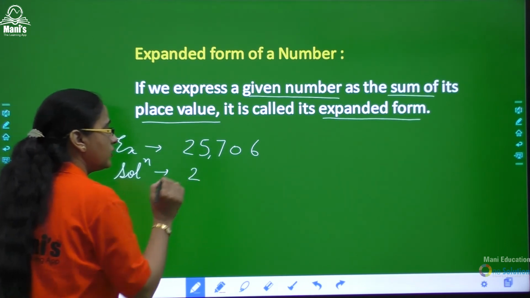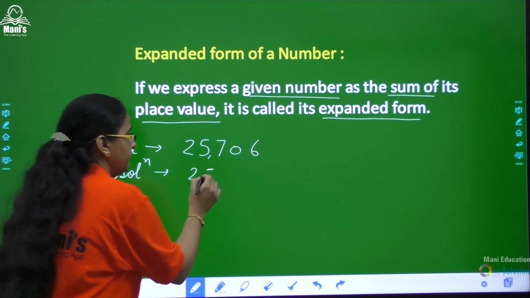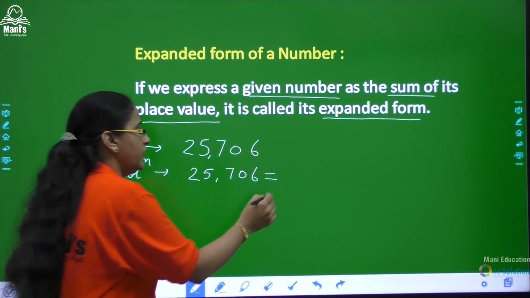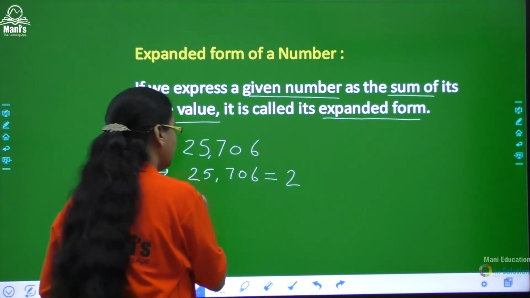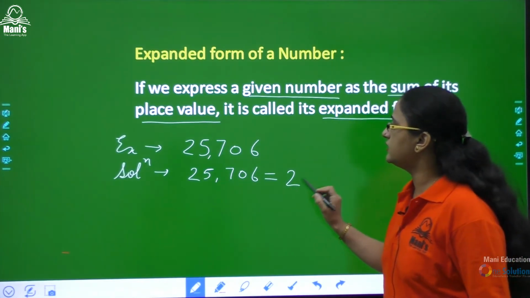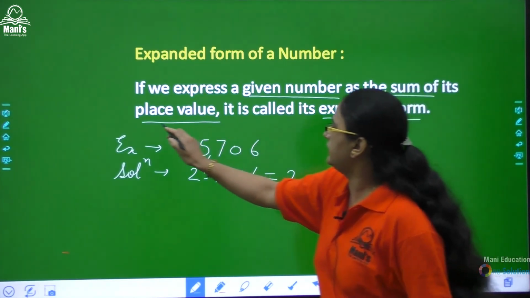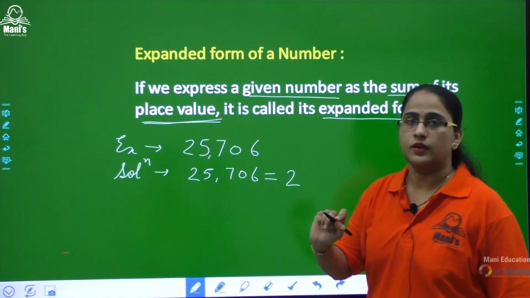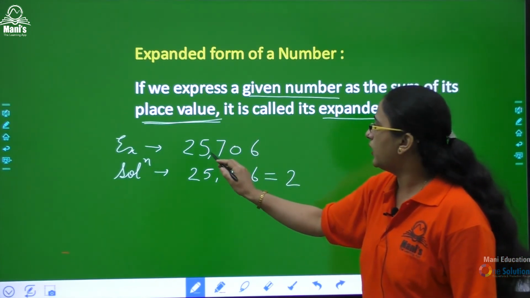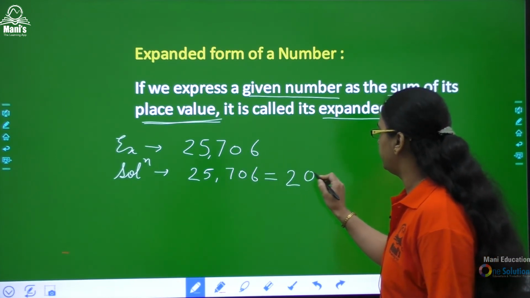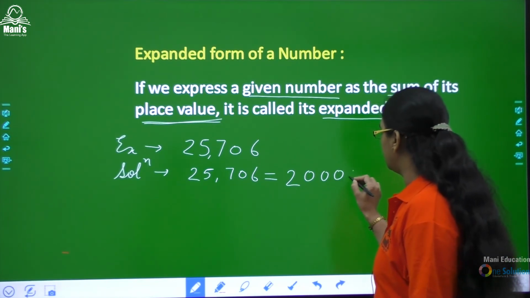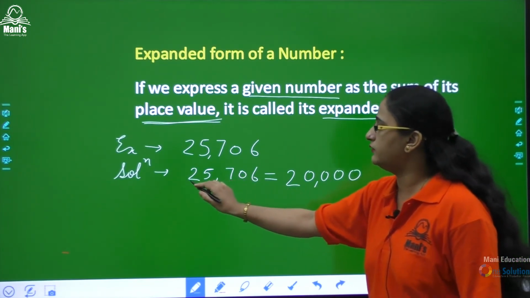If I am talking about this 2, first of all write this number equals to 2, then its position would be, how many zeros are there? How many zeros we have to put for finding the place value of 2? You can easily observe, in the previous topic we have discussed, 1, 2, 3, 4 zeros are there. So 4 digits are there, so we have to put the 4 zeros. This is the place value of this 2.